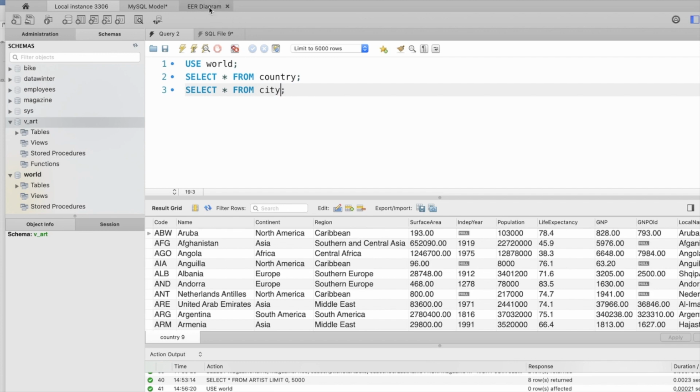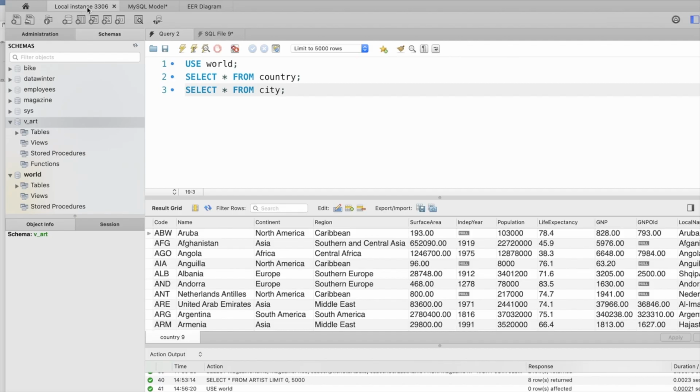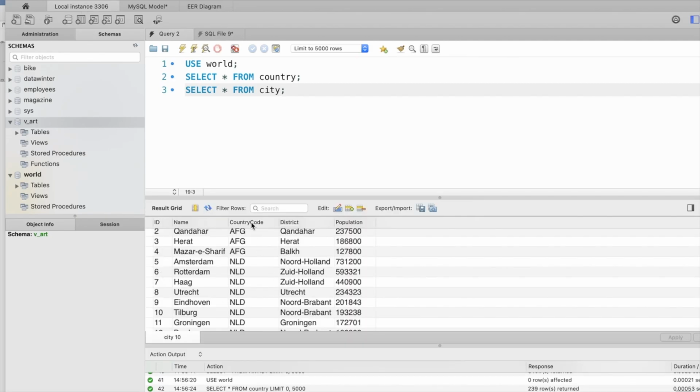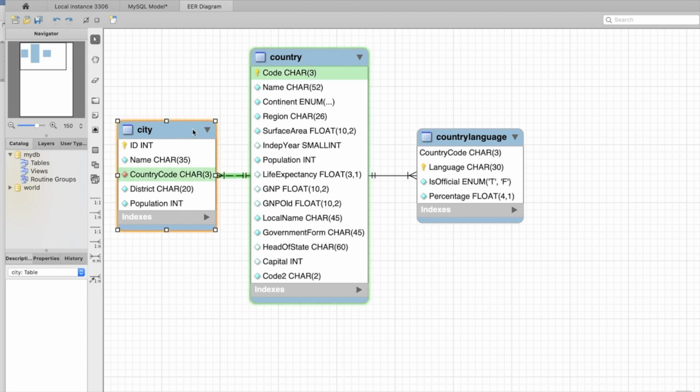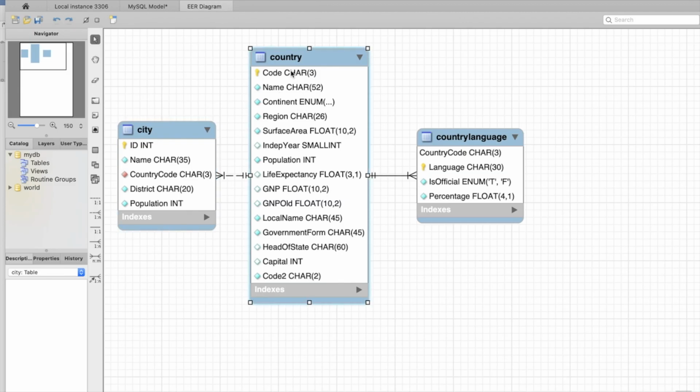so that was the one that had the foreign key, city, and it's called country code. We'll see it's the exact same code here, but now it's being used as a foreign key and it can repeat because there is a one-to-many relationship there. So it's the exact same value, but we do have it as two different names here, and that's kind of different from the other databases that we've been using so far,